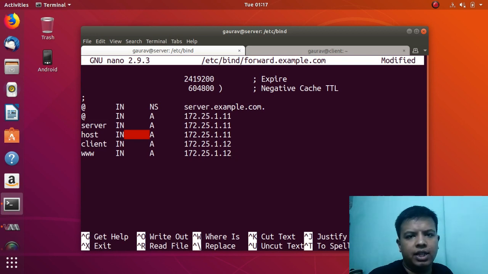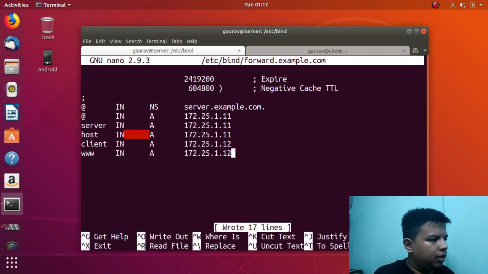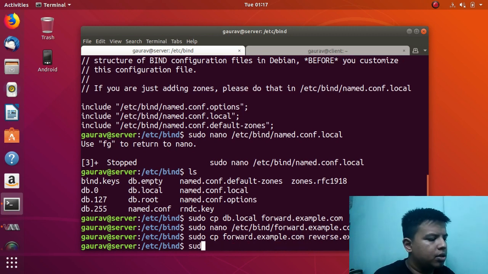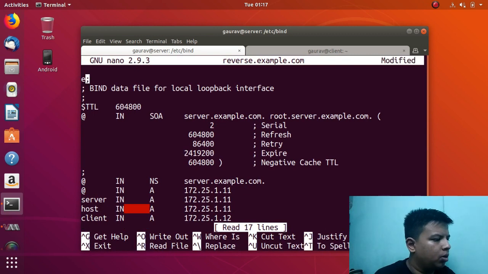So this is the configuration in the forward.example.com file, which is in /etc/bind. This is the main configuration. I'll just write and quit from this file. Now I'll copy the forward.example.com file to the reverse.example.com file to save our time, because the configuration is similar. I'll just nano the file reverse.example.com,